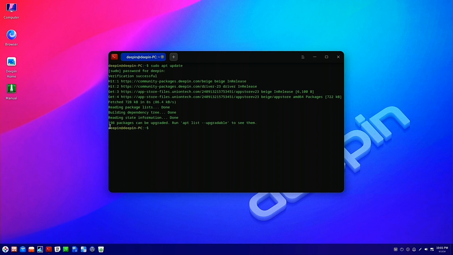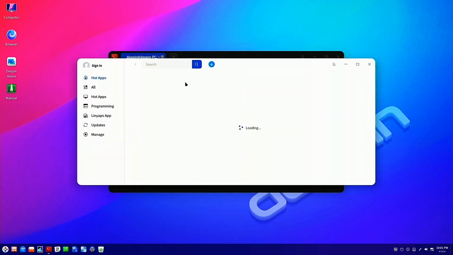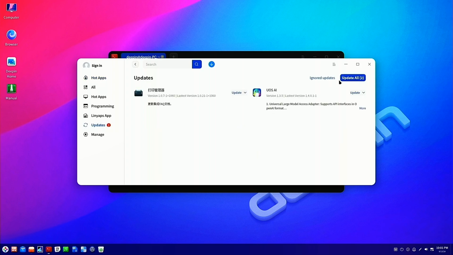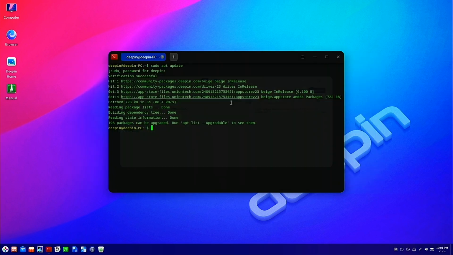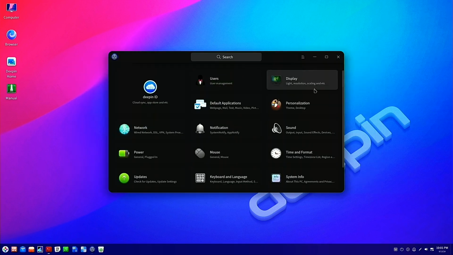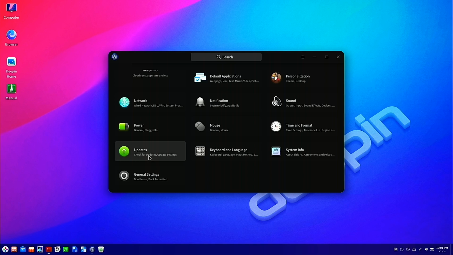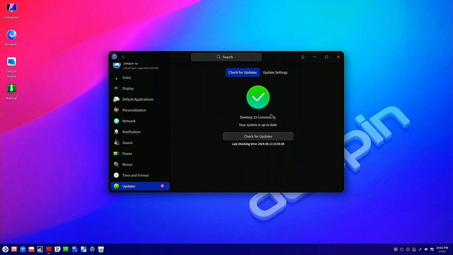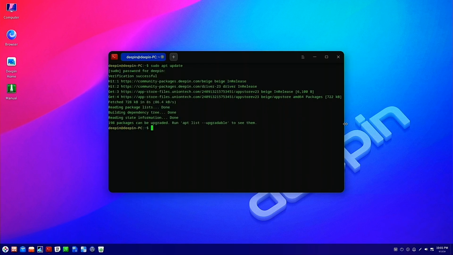Now you'll notice that this says 198 packages could be upgraded, but when I went into the App Store and to the settings and looked at the upgrading things, this actually just said there's 2 items, right? Just 2, these 2 items here. And inside of the settings panel, there was an updates section, and it says your system is up to date. So I am seeing that the system is up to date on the 2 packages in the App Store, which presumably is just applications and not the core system. But this tells me that 198